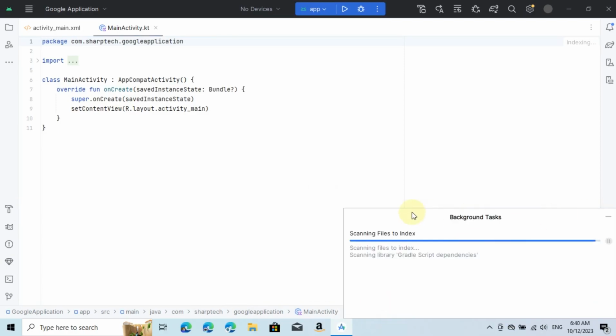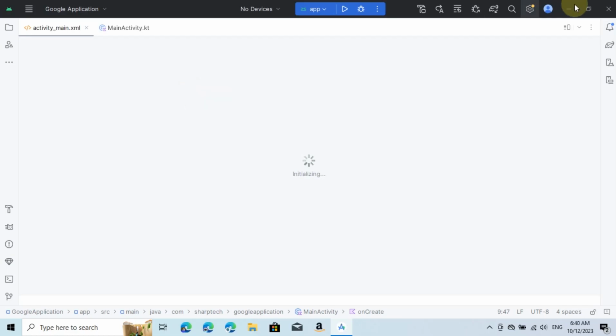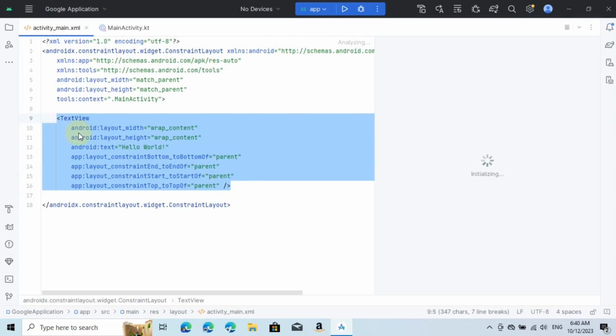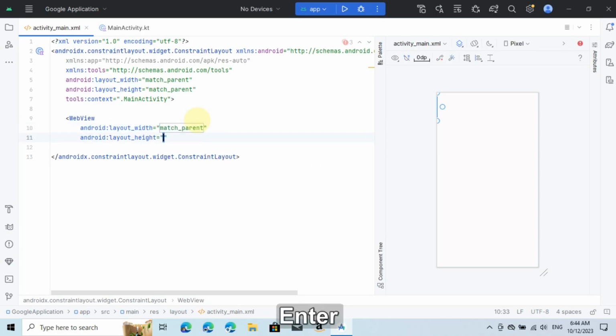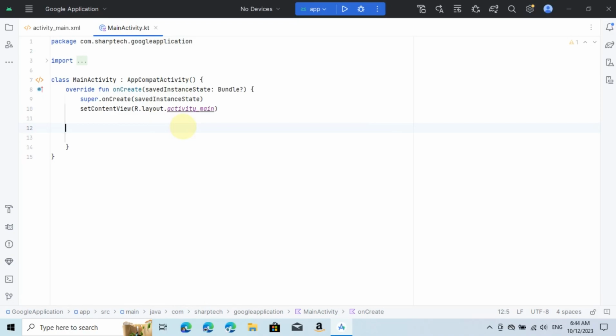After a successful build, you can see that build is successfully completed. Go to the activity main.xml. Remove the text view and then create a web view. Match parent, and the height should also be match parent, and then the ID of this web view, Google app ID. So you will go to the main activity.kt and the coding section. val WebView Google,